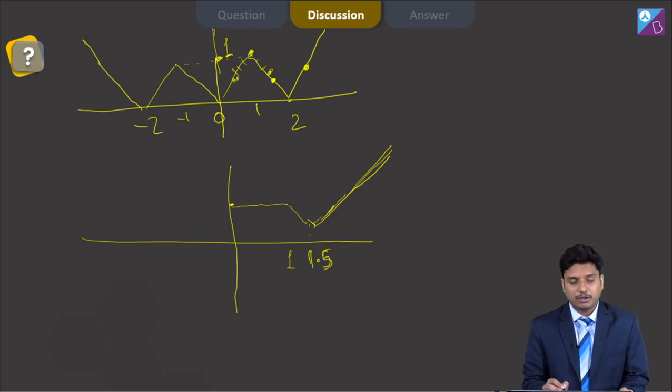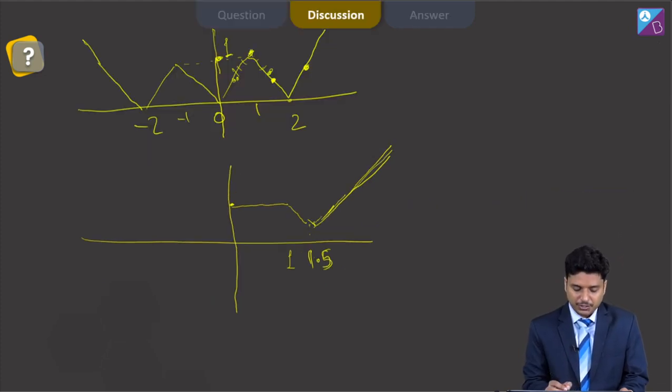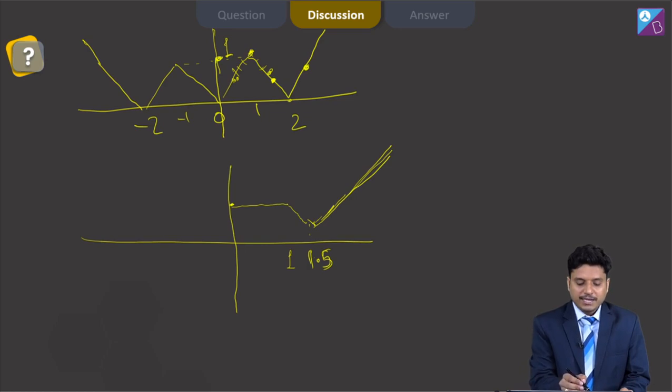Suppose we have to find g of minus 0.5. For g of minus 0.5, this t will vary from minus 0.5 to plus 0.5, and in between we have to choose the maximum value possible. So from minus 0.5 to plus 0.5, what will be the maximum possible value? These two, f of 0.5 or minus 0.5, are both the same, so we can take any one of these. But suppose we have to find minus 0.4. So what will it be for minus 0.4?